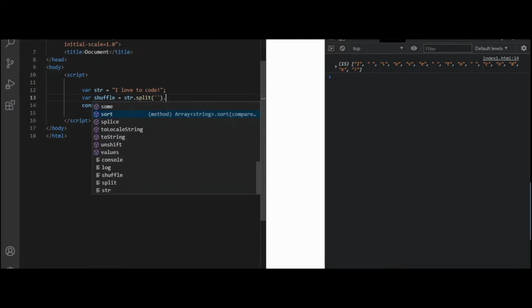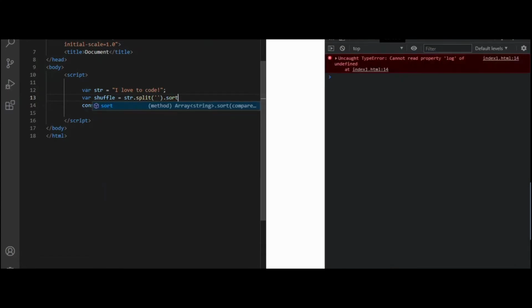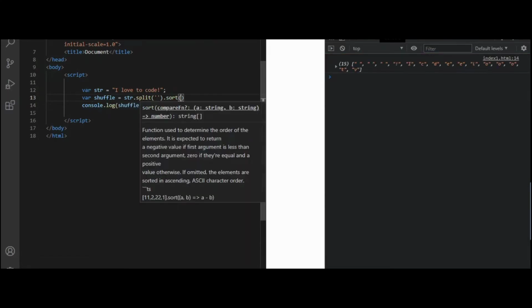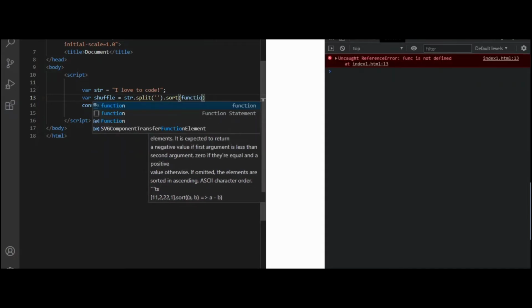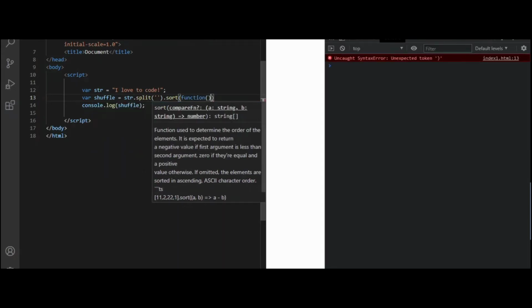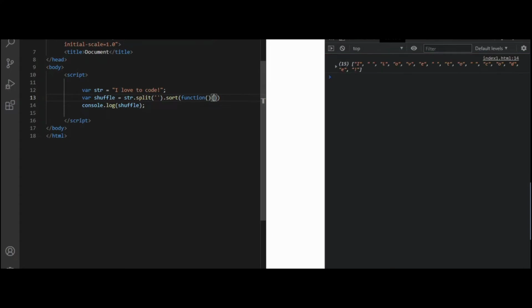Now what we want to do is use the sort method, and sort basically sorts the characters, and we are just going to give it a function. We want to use the random method because we just want to randomly shuffle the string.